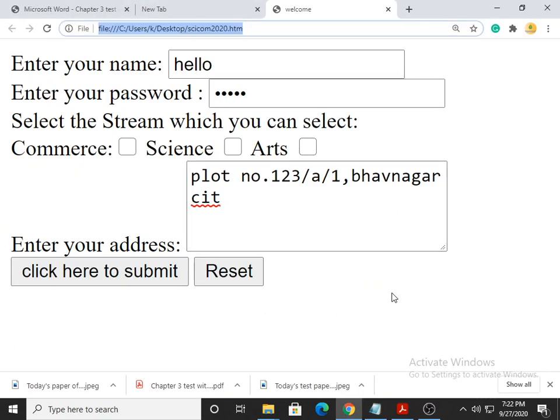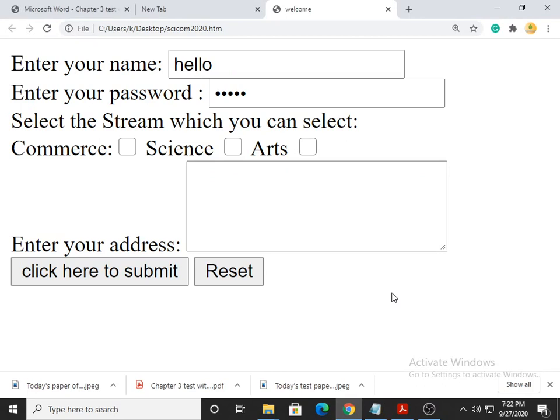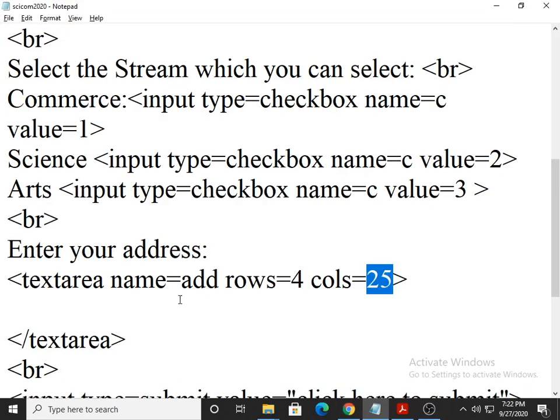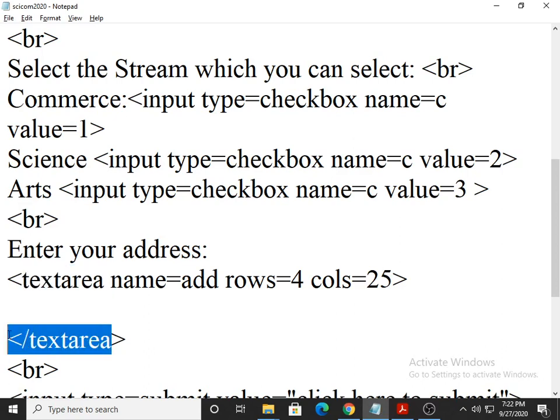One important thing, students: when you load the form, this box is blank. Suppose you want to write something inside, then whatever you mention between text area and slash text area will be considered as default text. Default text means it will be displayed in the box.